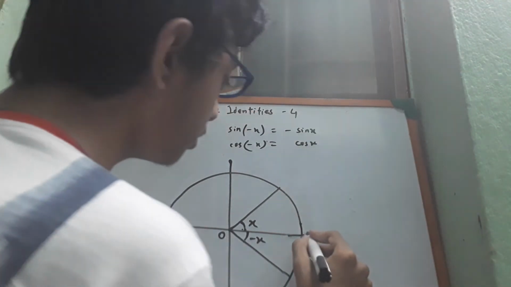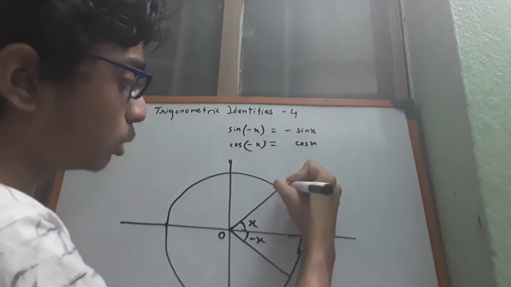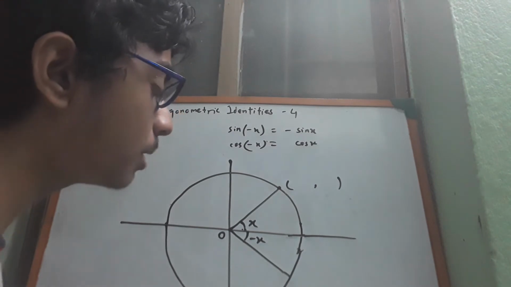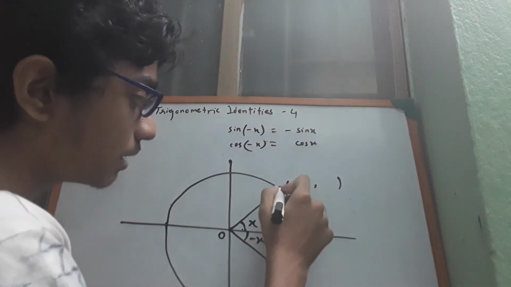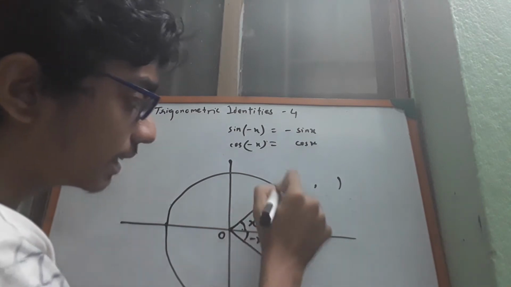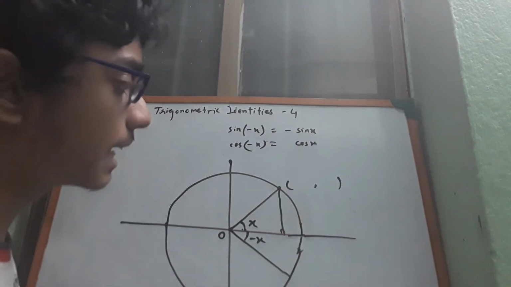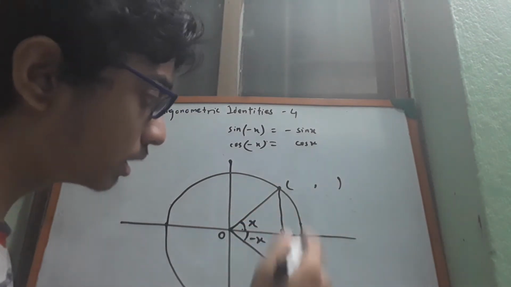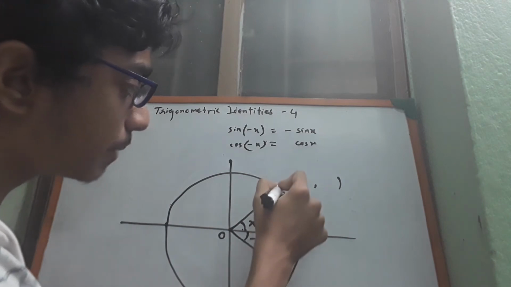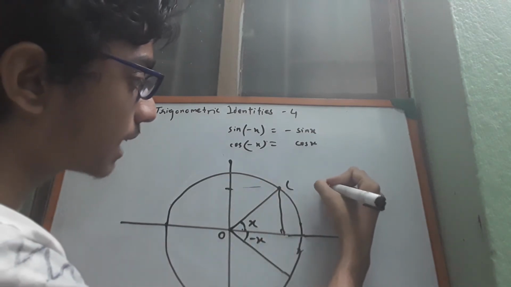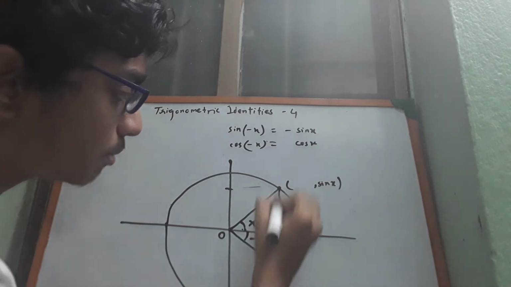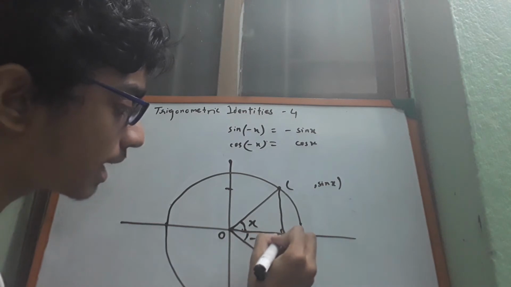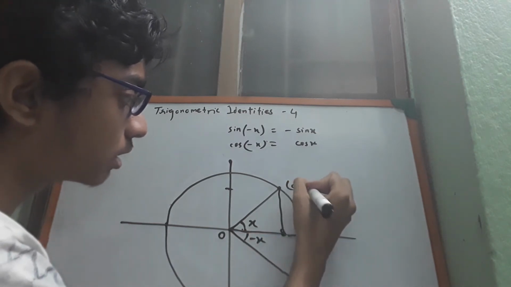Okay, now I already showed you that for a unit circle, let's choose this point here. The coordinates of this point will be something comma something, and that turns out to be cos theta comma sin theta. Why? Because if I just drop a perpendicular here, in this right angle triangle that I have got here, what should be sin x? Sin x will be just this opposite side by the hypotenuse, but the hypotenuse is 1, so this will just be the opposite side. But this here basically corresponds to the y coordinate, so that's why I'll have a sin x here. And similarly, cos x is this by this, or just this, because this by 1 is just this thing itself. So this corresponds to the x coordinate. So that's why we write cos x here.